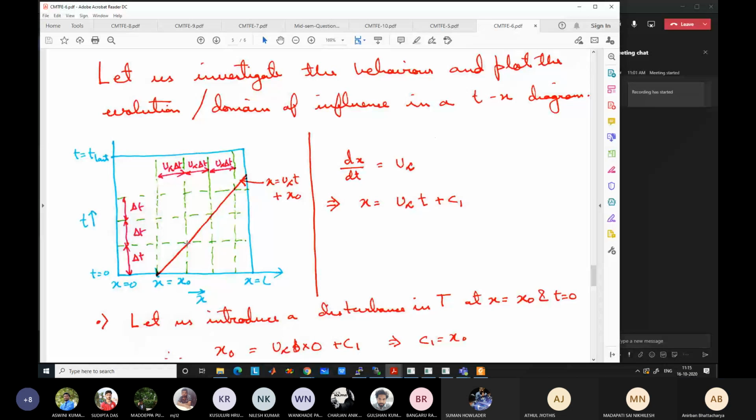It can only influence the value along the entire line. That is correct. At any particular time, it will influence a single point, but that is what you are saying. If I am taking delta t, a small time interval, then for different times it will give several points of influence, no sir? Correct, correct. Your point is correct. I misunderstood. All the points are located along the line, but it can be anywhere along the line. That is correct.